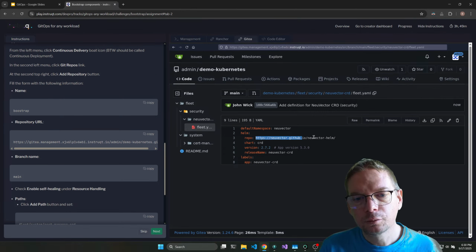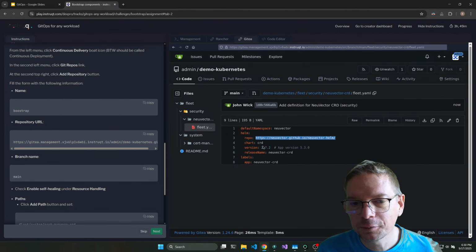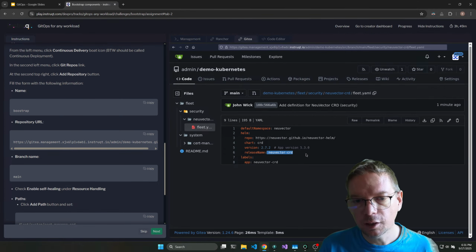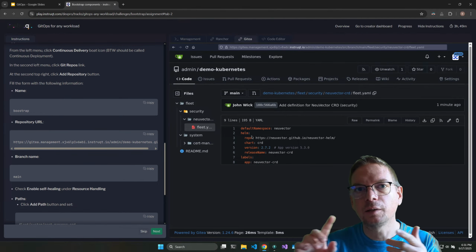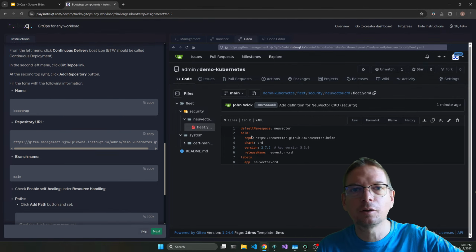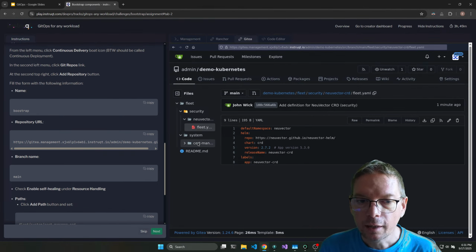In this case, I'm using a Helm repository, an official one for this application. I'm setting the version I want, and I define the release name. It's very basic, but just enough. It's like using a store somewhere and saying, okay, I want this version. This is the first one.